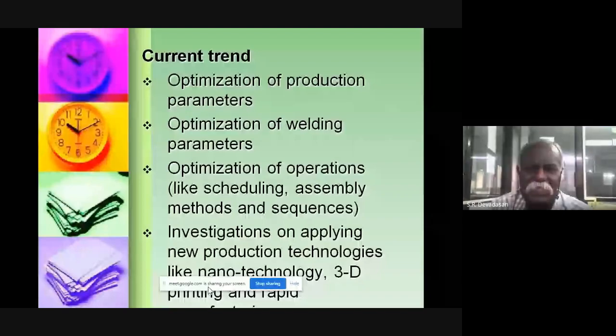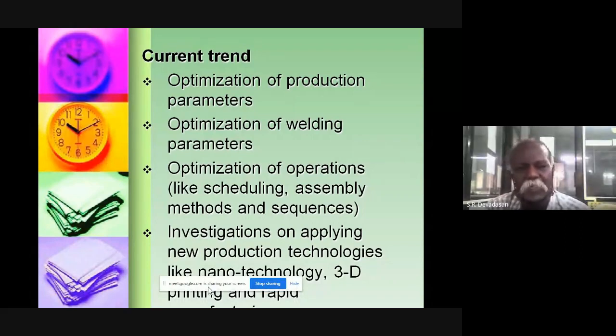Then optimization of welding parameters. Okay, so welding is one field in which many research imperatives are yet to be overcome, or many secrets are yet to be unearthed. For example, still it has been a challenge to weld dissimilar metals, and it has been a challenge to weld plastic materials. So now many types of welding equipment have come,